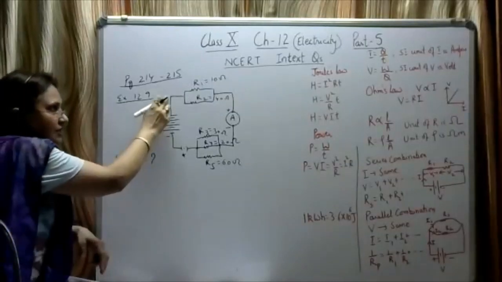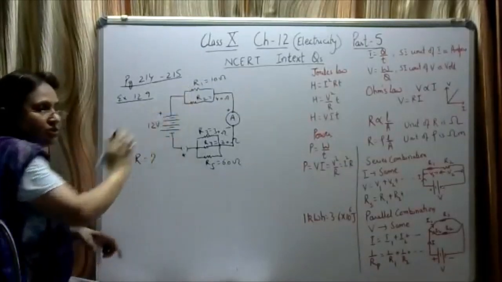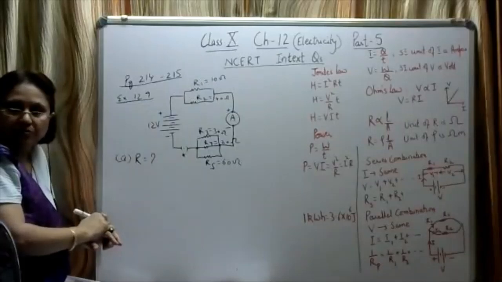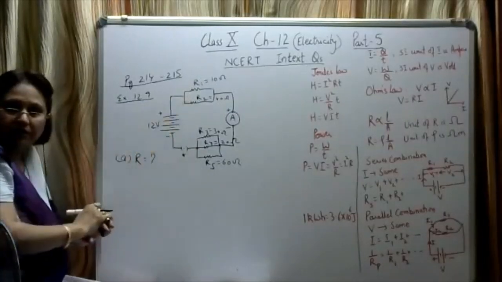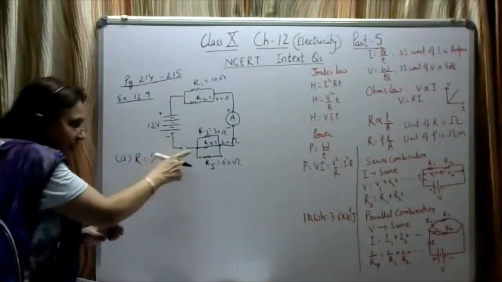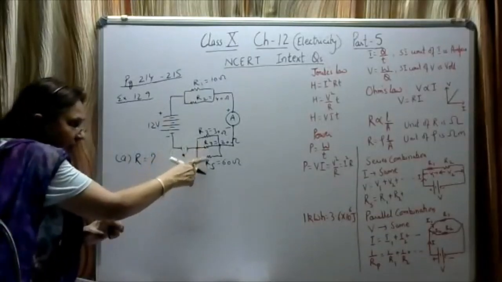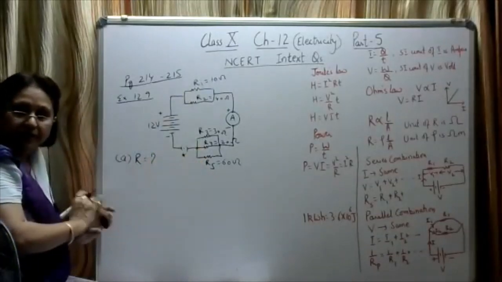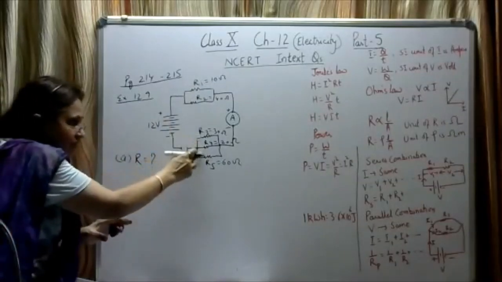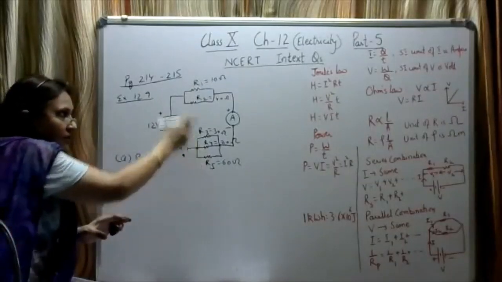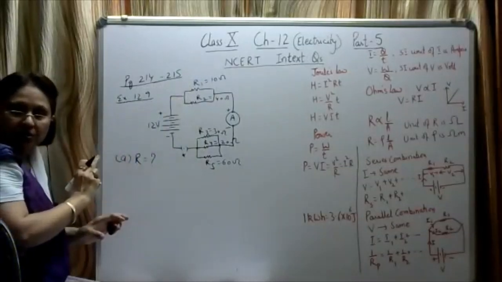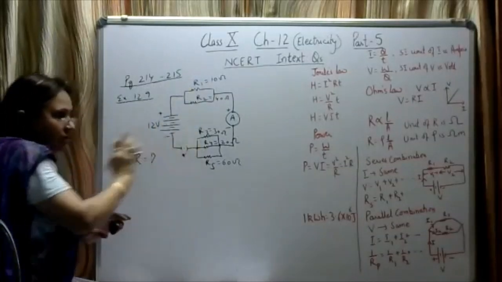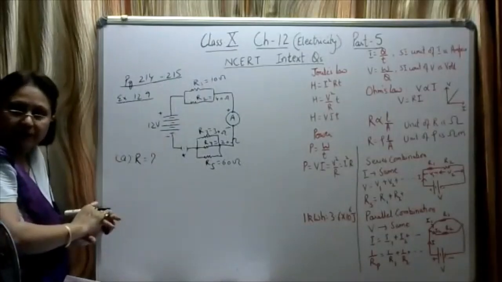Here you can see that the current is dividing in these 2 branches, R1 and R2. The current flowing through R1 and R2 will be different, so R1 and R2 are connected in parallel. In the same way, the current through R3, R4 and R5 will be different, so these are connected in parallel. Now the equivalent of R1 and R2 will be in series with the equivalent of R3, R4 and R5.